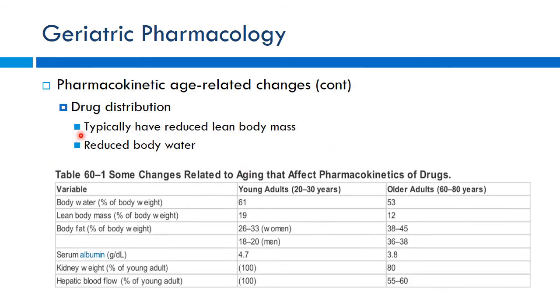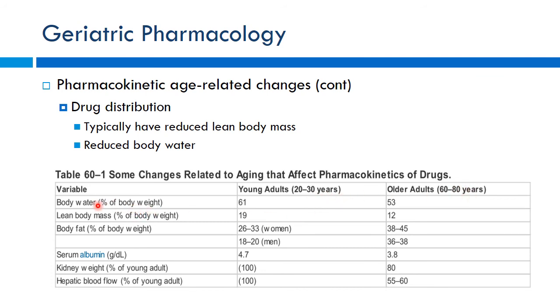Looking at drug distribution, this is where we're going to see a lot more changes related to elderly patients. Typically, they're going to have reduced lean body mass, so they'll be losing muscle mass, and reduced total body water. So again, dehydration can be a much bigger problem for these patients. If you look at a young 20 to 30-year-old patient versus an older patient, comparing things like their body water,